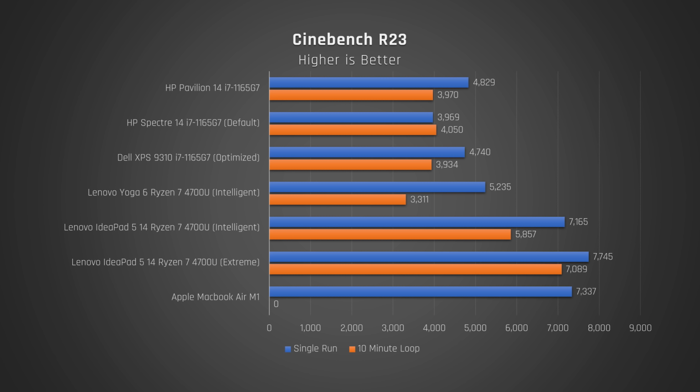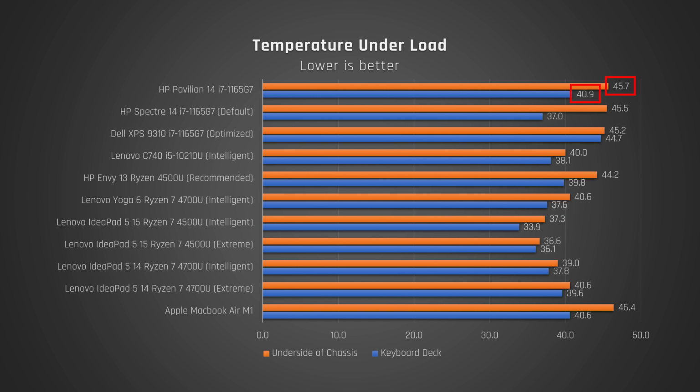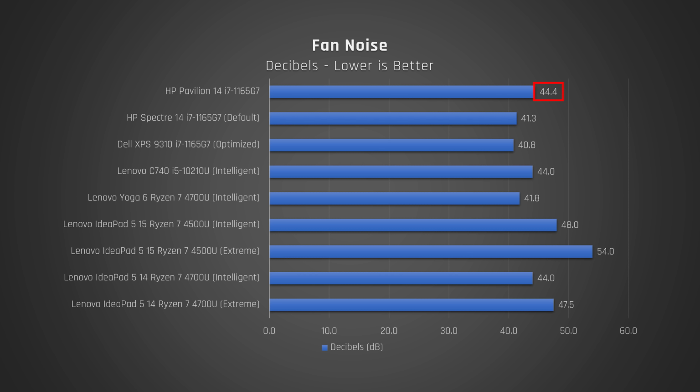In terms of thermals, when under max load for a duration of time, you can see there is a noticeable gap in scores for a long run. And it was one of the warmer feeling laptops under load, both the keyboard deck and the underside of the laptop. Fan noise under load was around the middle of the pack, so very audible but not as loud as Lenovo's IdeaPads. However, when running lightweight tasks like browsing the web, this laptop remained very comfortable and cool to the